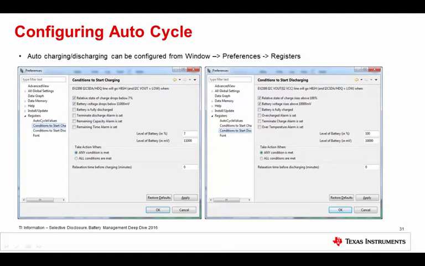And again, that's all managed by the registers plugin for the multi-cell. Because of the multi-cell gauges, we have a handful of multi-cell gauges that are supported in the learning cycle plugin, but many of them are not.